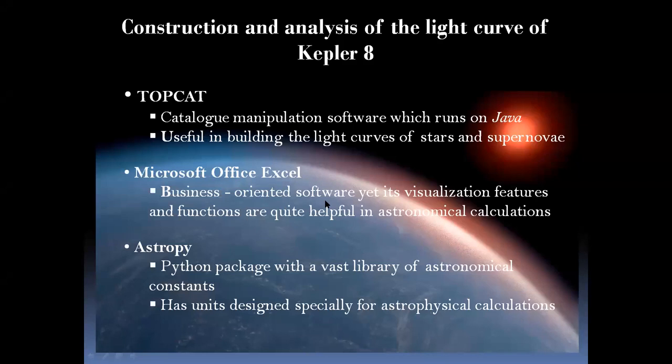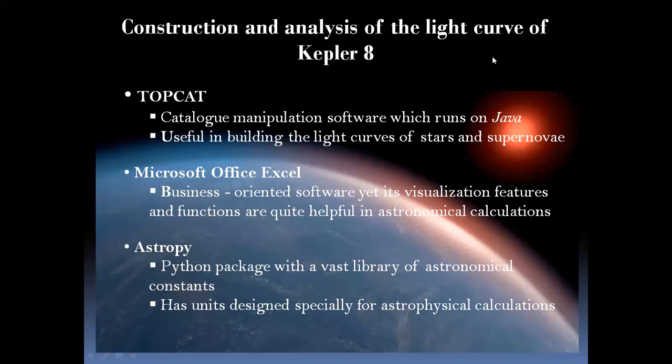An exoplanet is said to transit its star when it passes in front of the star as it revolves around it. It thereby blocks a tiny fraction of the starlight. The dip in the brightness of the starlight can be observed from the light curve, which is the brightness versus time graph, as the transit takes place. From the depth and width of the dip, the size and the period of revolution of the exoplanet can be determined. I have used three softwares, namely TopCat, Microsoft Office Excel, and AstroPy to analyze and construct the light curve